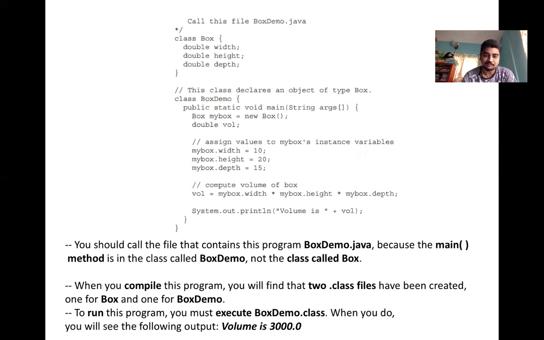When you compile this program, you will find 2 class files are generated: one for Box, one for BoxDemo. And to run the program, we should execute BoxDemo.class. When you run it, it will display the volume, say 3000. Again, to run the program we should execute the class file which contains the main, that is BoxDemo.class.